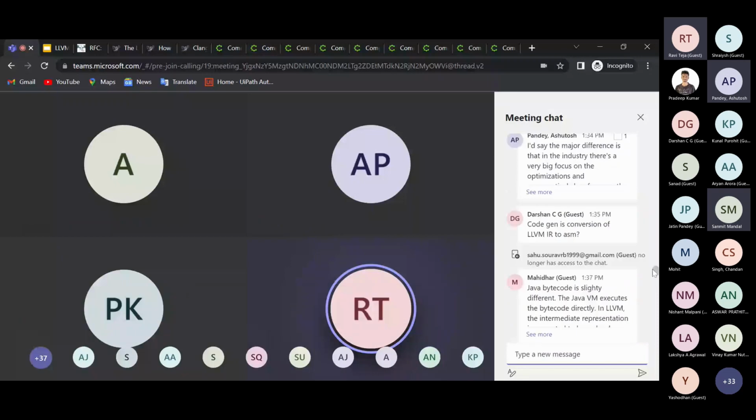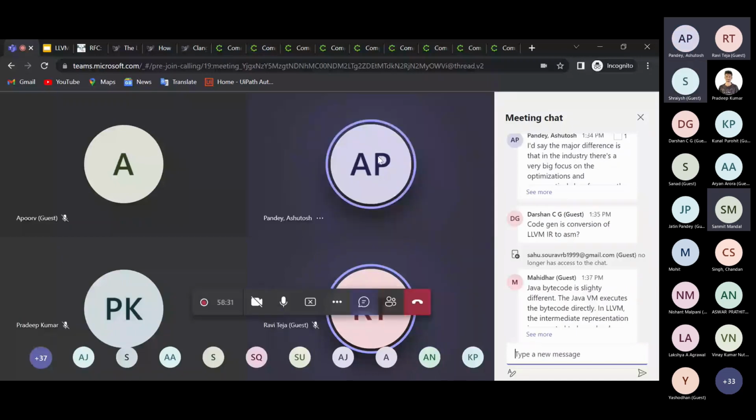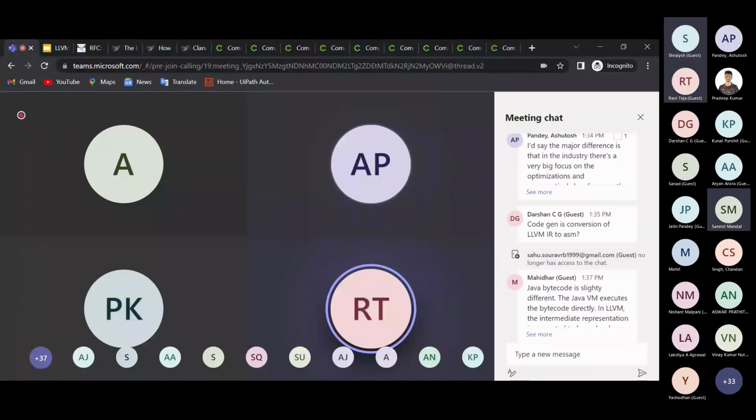Someone asked for the difference between MLIR and LLVM. MLIR in itself is very elaborate, so I think the easiest way to tell the difference is that LLVM has a fixed IR that you can rely on and write from.